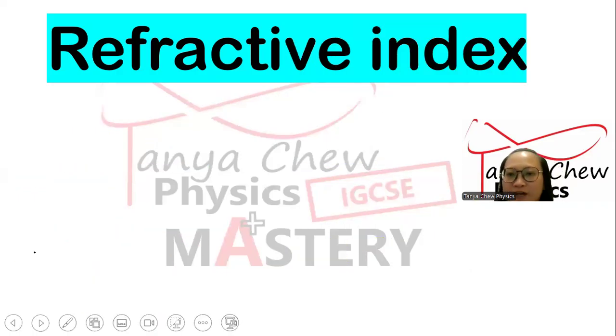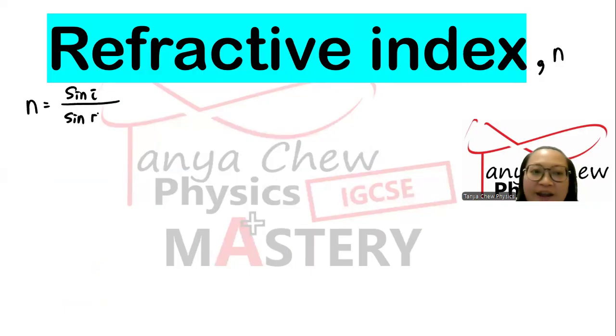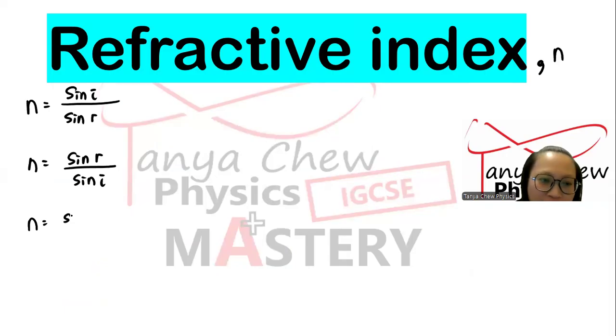Now, refractive index, the symbol is small letter n. Do you know why we calculate refractive index? Just to see how much bending has already occurred when the wave travels from one medium to the other medium. So there are different equations. It can be calculated from sine i over sine r, where i is the incident angle and r is the refracted angle. It can also be equal to sine r over sine i. And it can also be equal to the speed of light